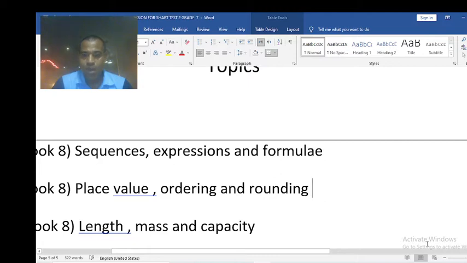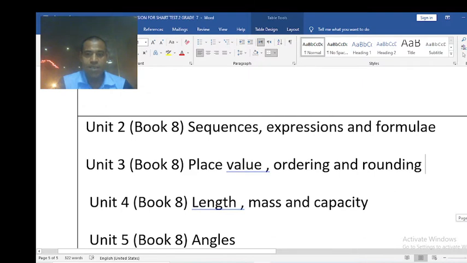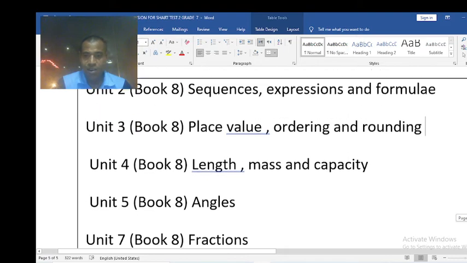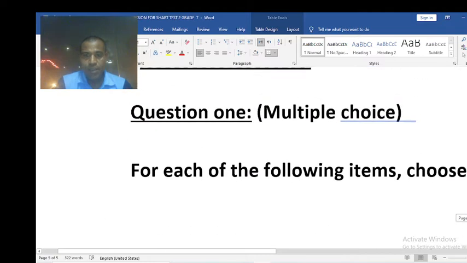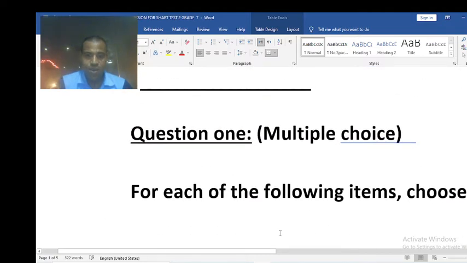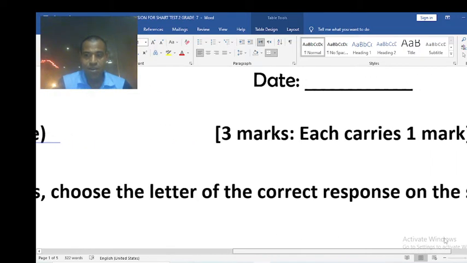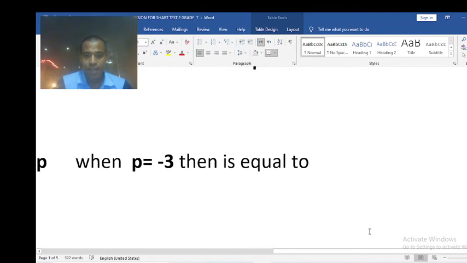So the topics we told, this is the unit: unit 2 is sequences, expression and formula. Unit 3 place value, ordering and rounding, and then length, mass and capacity, then English and fraction. Okay, we start learners. The first question is dealing with multiple choice questions. Choose the letter of the correct response on the sheet. The first question is that,